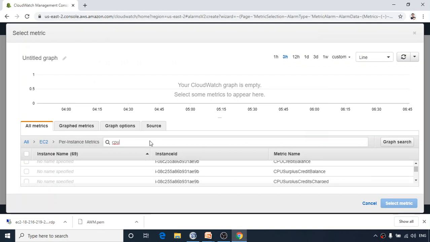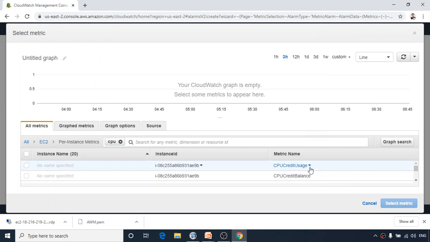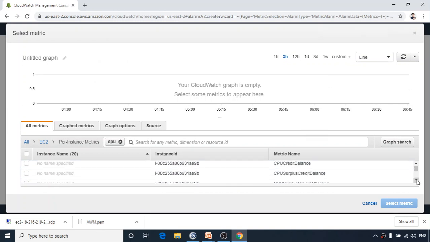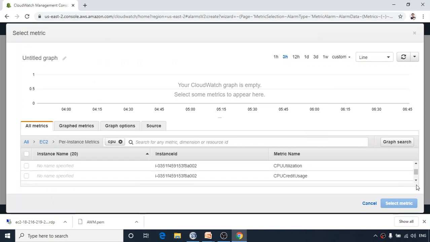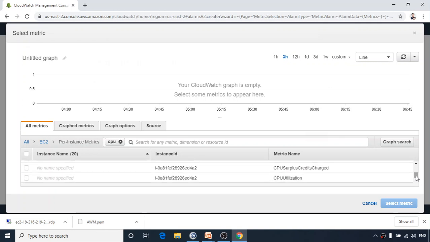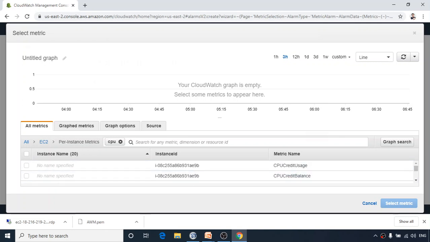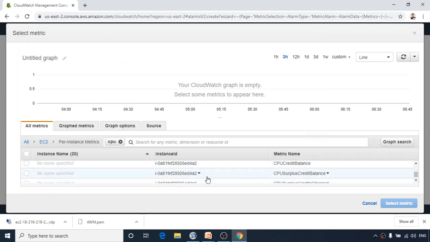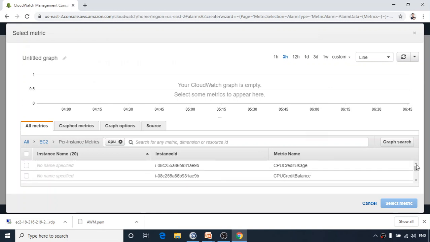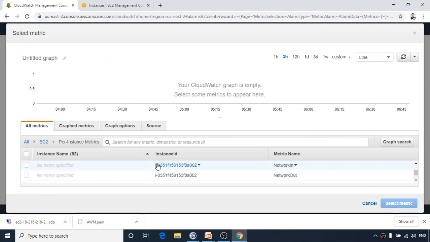So let me just type only CPU and search for it, and in this list try to have a look where you get CPU utilization. Can you see CPU utilization? But it is with no name. Let me look for my instance, because if you remember my instance has a name. This one also has no name. So let's scroll up and check. No name specific. So maybe we just have to wait a moment to get that machine ready. The machine was not ready yet, so let's wait for a moment.